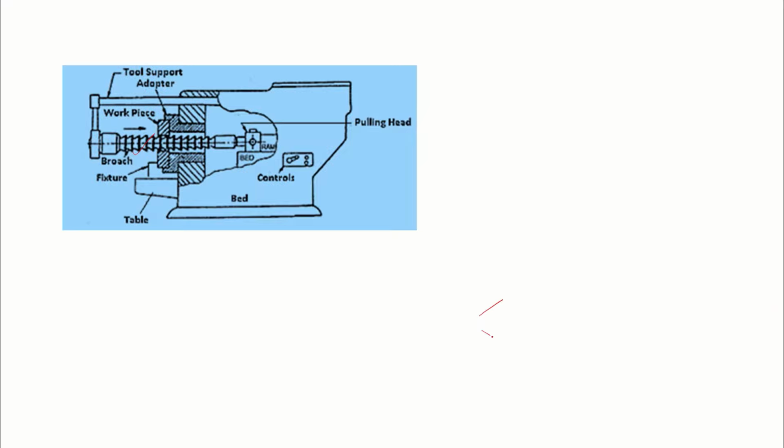Broaching tool is actually a slender rod where the teeth are cut on the periphery like this. This is the broaching tool, and what you are seeing in the schematic is the broaching tool. Depending upon the type of the tool, it can have different lengths, and in the schematic, you can see a lengthier tool like this. And immediately after that,